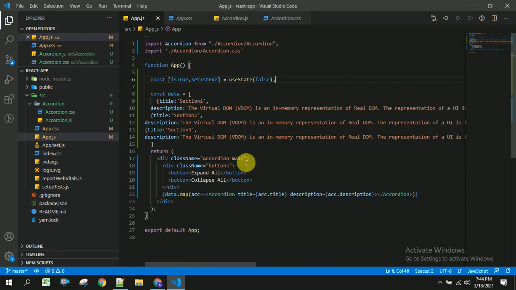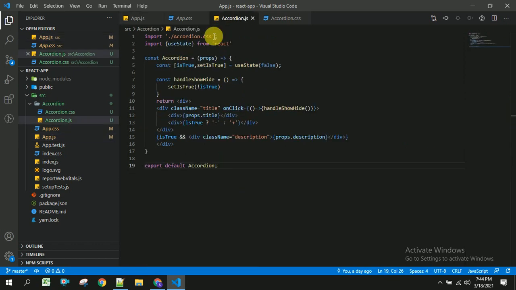This is because once user clicks on this expand all, I am going to send isTrue as true to this props, and once user clicks on collapse all, I am going to send it as false, and this props will go to this accordion, and inside this I am going to change this false, and I will place it as props.isTrue.